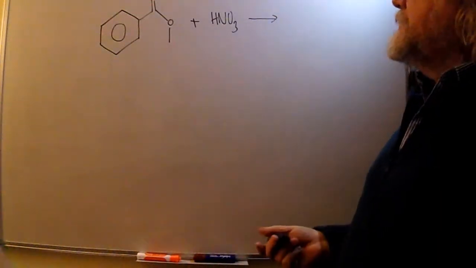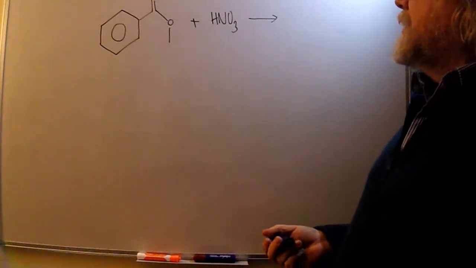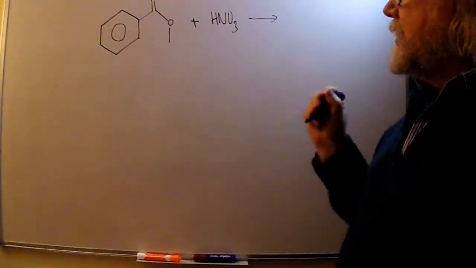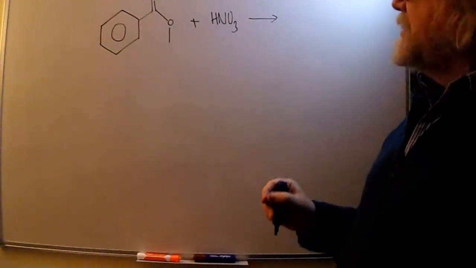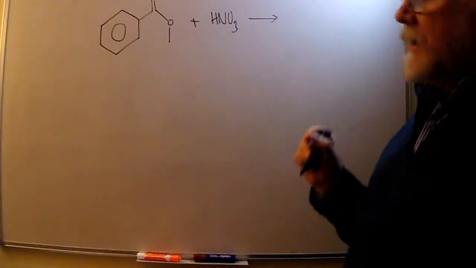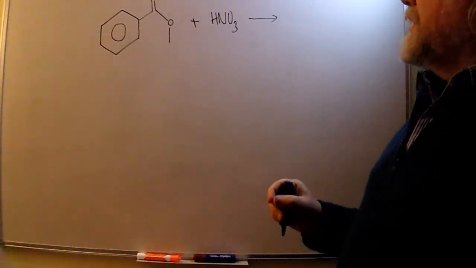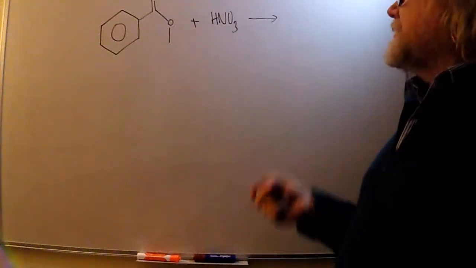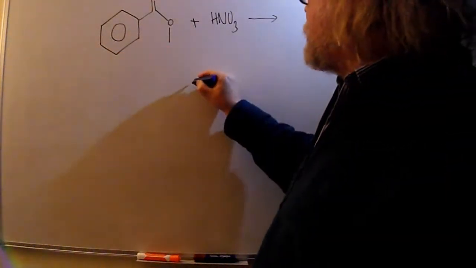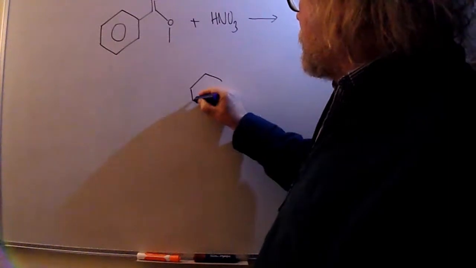It also deactivates the ring, as does the nitro group that you put onto it, so it's likely only to substitute once. So although it's possible it could go to both 3 and 5, it's likely only to go on once, and therefore it's easier just to stick to a single substitution. Okay, so it's going to substitute once at that position, so that will give you